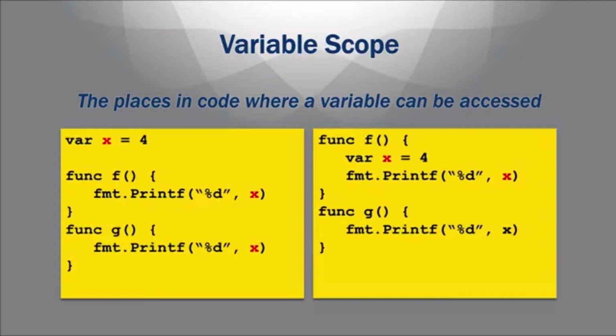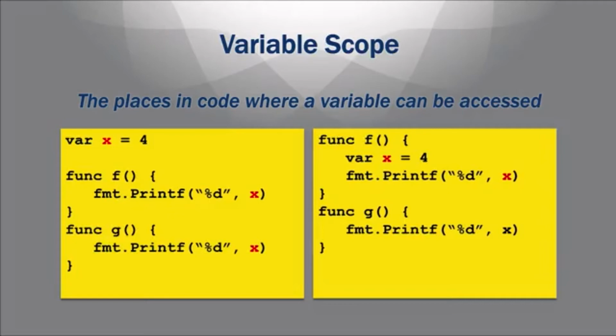So inside function f and inside function g, when you call these functions, they've got to figure out where to find the value for x. In this case, they're going to find the value that I've defined outside. Where I say var x equals 1, when they print out x, they're going to print out 1, because the scoping rules allow that. Because it's defined outside of either one of these functions, both of them will have access to it. And we'll define the formal rules for that in a few slides.